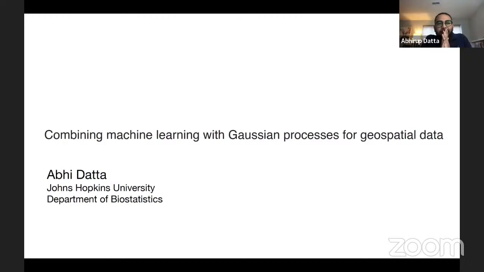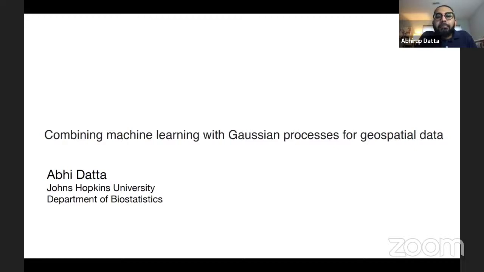As Marcos said, my talk today is going to be about combining machine learning methods, which have become really popular nowadays, with some of the more traditional Gaussian process-based modeling for spatial data. That's what my background was and what I'm more familiar with. The motivation for this talk was that I was working on different spatiotemporal applications, and I was reading papers in environmental science journals, and I see that methods like random forests and neural networks are being used increasingly for spatiotemporal data.